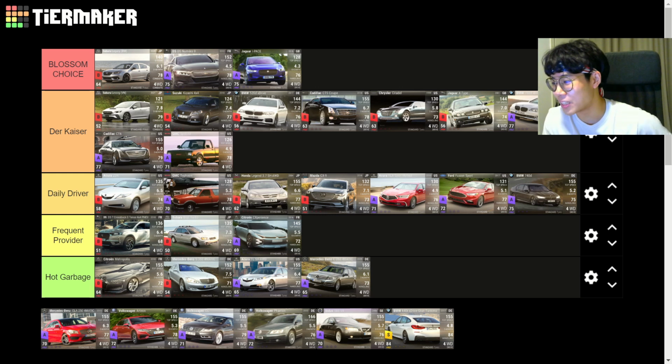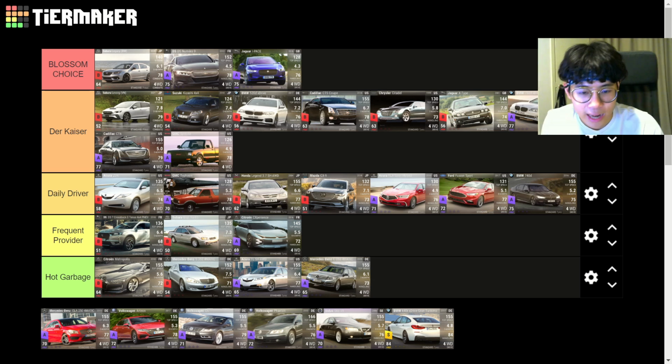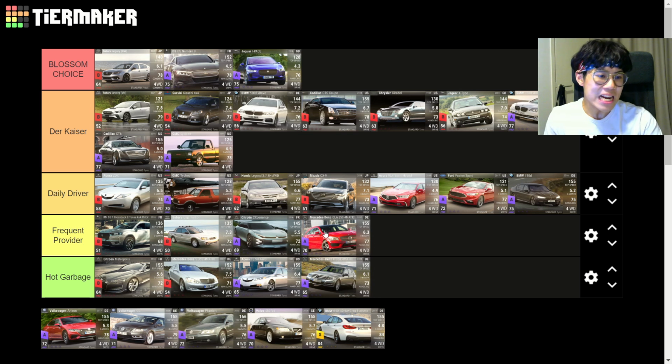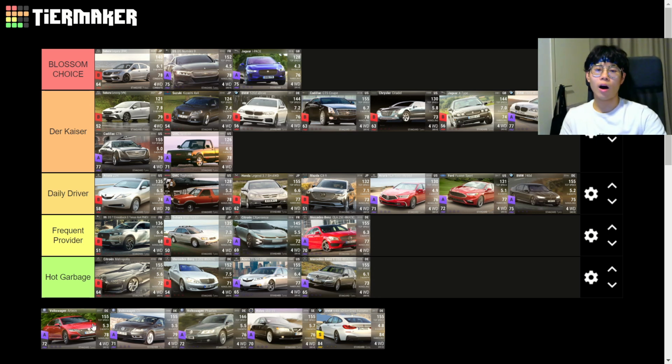Next up is the Mercedes CLA 250 4Matic. You're getting 77 four-wheel drive, 76 MRA, a pretty lightweight car. But I gotta say, man, I barely get any use out of the Mercedes-Benz. I'll put it in frequent provider. Next up is going to be the Volkswagens. They all are either...